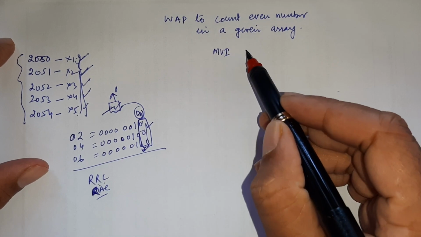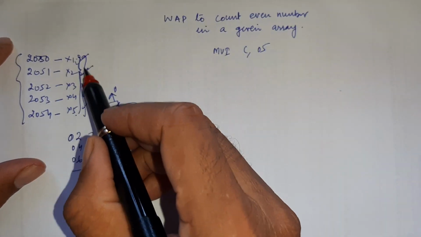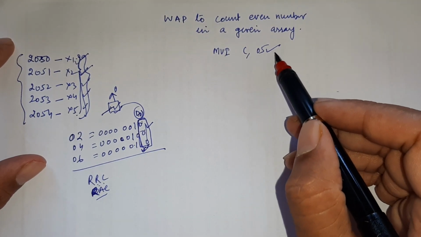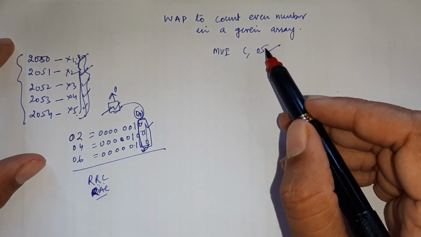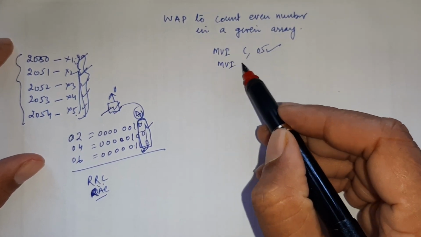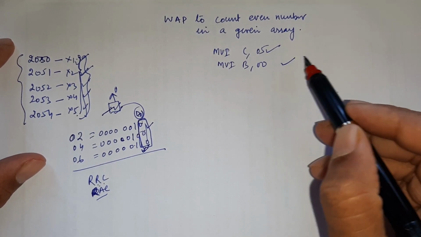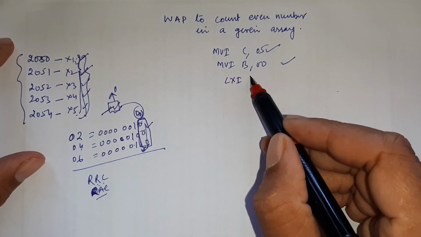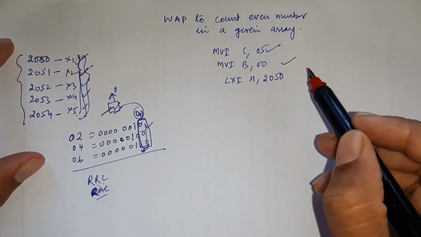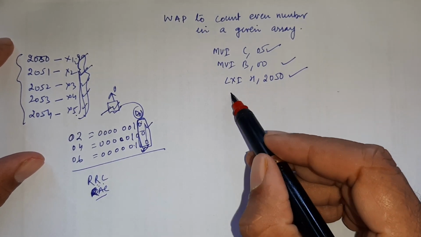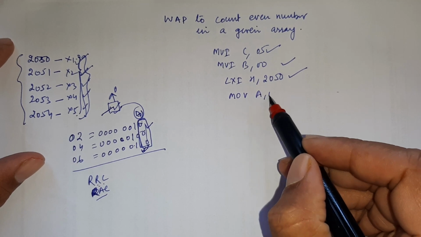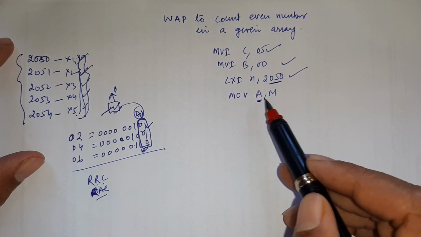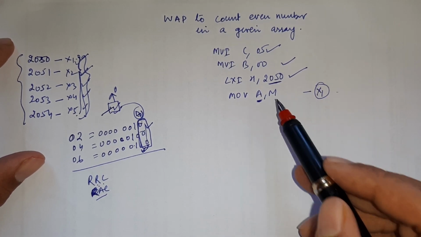Firstly we declare a counter, because here we are going to take only 5 numbers. If you have taken 10 numbers, you can write 10 here, or for 20 numbers write 20, 25. Okay, and I have declared a second register 00 to store the count of even numbers. Here LXI H 2050 gets the first number, and move this number into the accumulator. Basically now the content is stored in the accumulator, means x1 is stored in the accumulator.